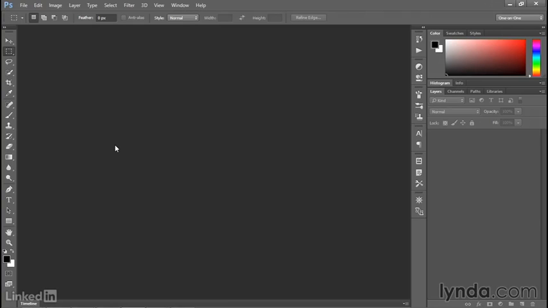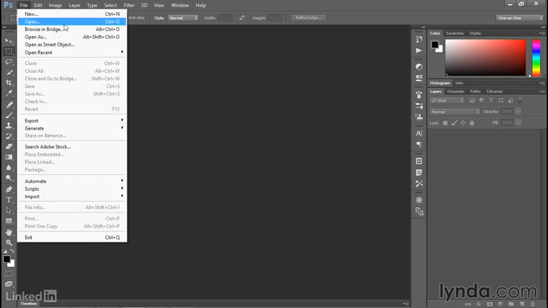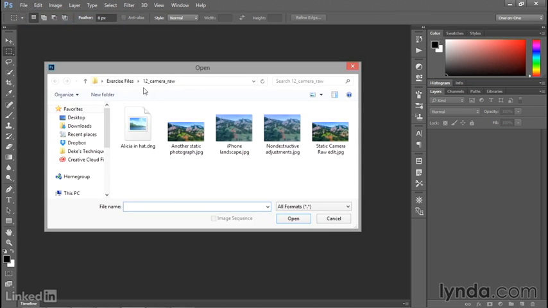Now, anytime you open a raw photograph, whether it's a DNG file or otherwise, it's going to open inside Camera Raw. And we're going to see what that looks like in this movie. So here I am inside Photoshop, and I'm just going to go up to the File menu and choose the Open command. And I'll navigate to the 12 Camera Raw subfolder inside the Exercise Files folder, where I'll find, among other images, this file right here called